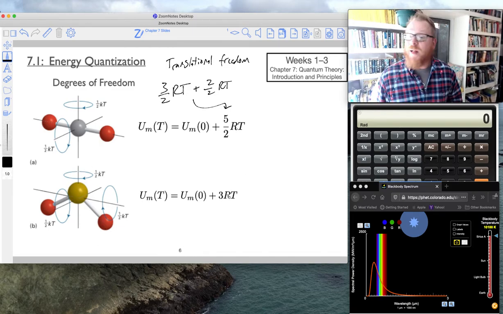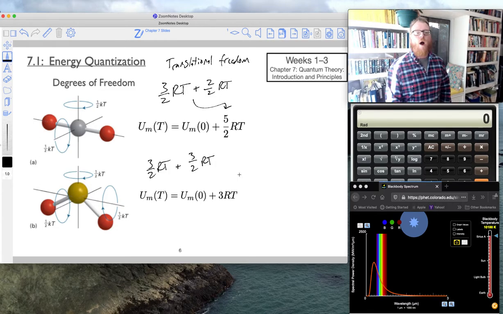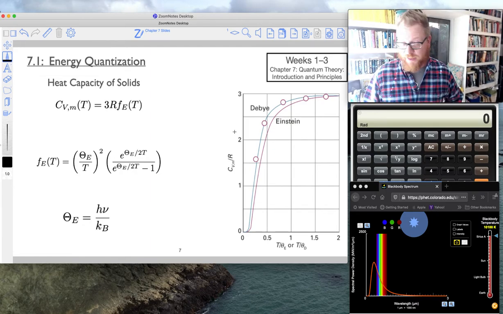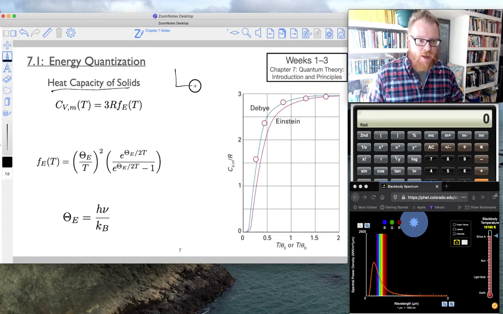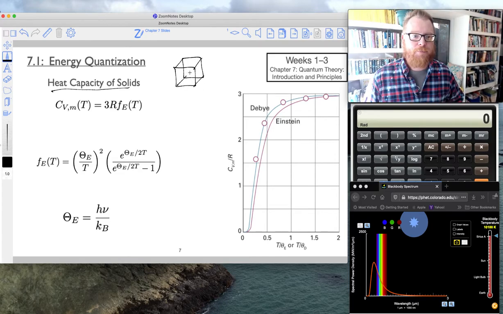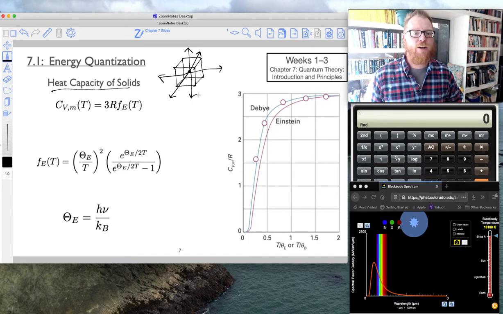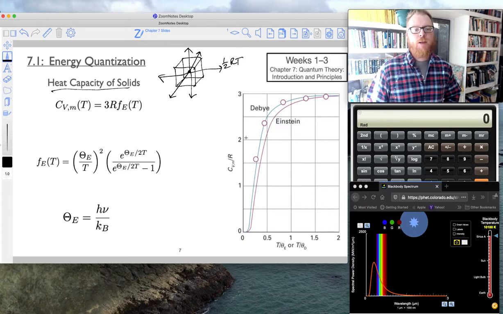Recall a nonlinear molecule will have 3 RT. So it has 3/2 RT translational freedom, and there's 1, 2, 3 degrees of rotational freedom, so that's also 3/2 RT. So why am I reviewing this? Well, recall the heat capacity of a solid, okay? And I'm going to draw the cube here. In what I will call a perfect crystalline solid, it can vibrate in a dimension coming out of the board or going into the board. It can go to the left, it can go to the right, it can go up, and it can go down. And each one of those gives me what I'll call 1/2 RT, okay? So 1/2 RT, 1/2 RT, et cetera, for a perfect solid, giving me 6/2